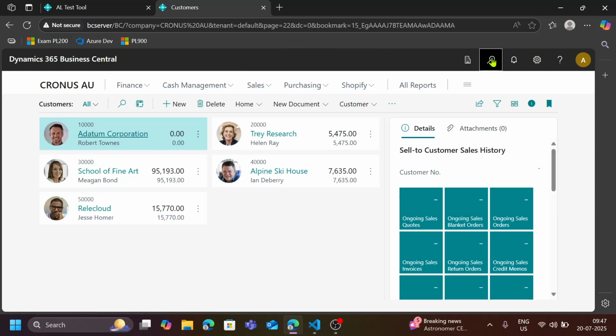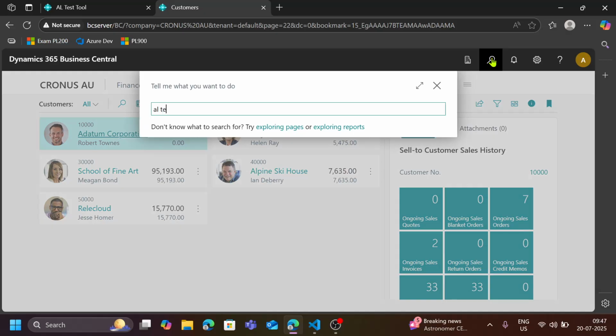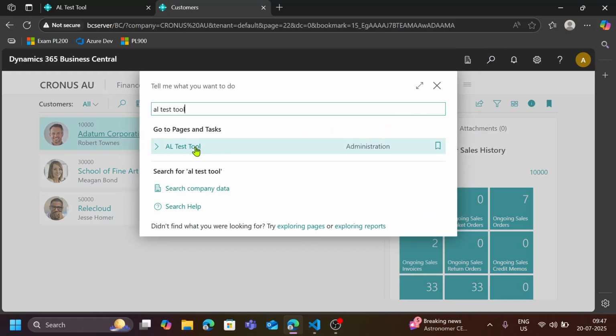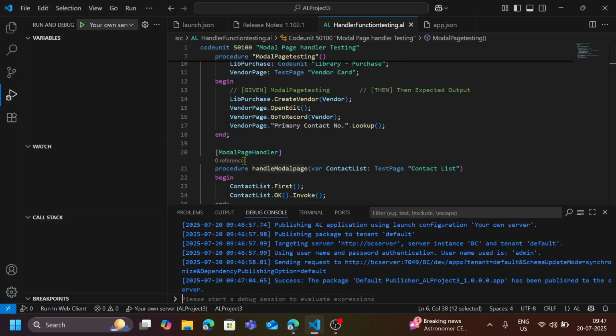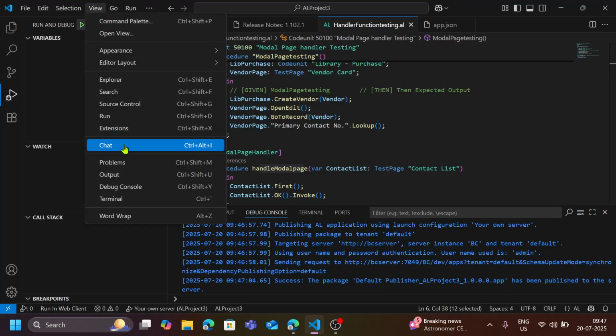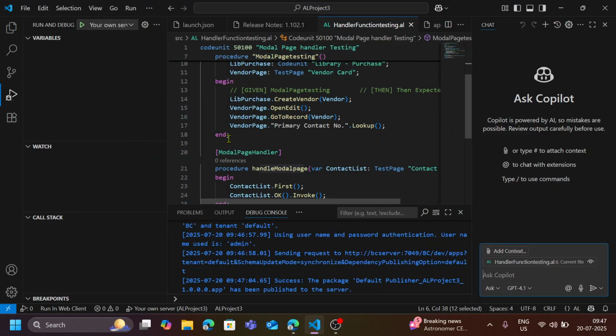So I will now again open the AL Test Tool, click on it, and run the selected test again. It will now give you some good results. Okay, let's wait for it. But meanwhile, what I'm thinking is that this code which I have written manually, or the page handler